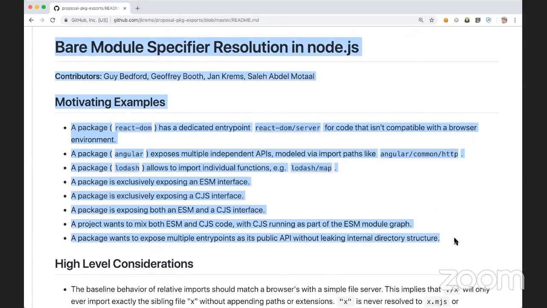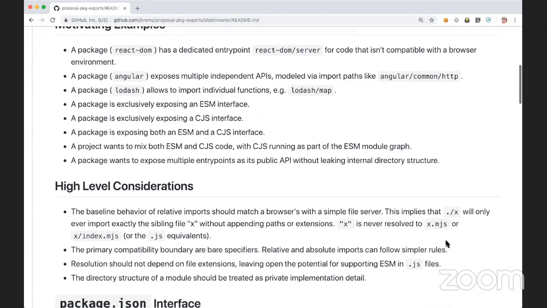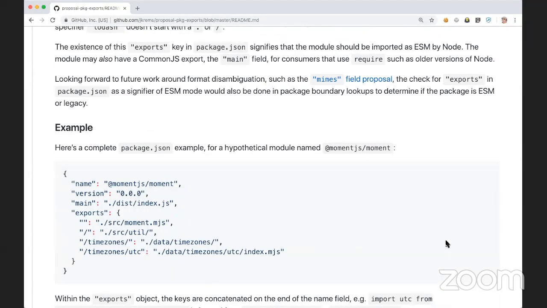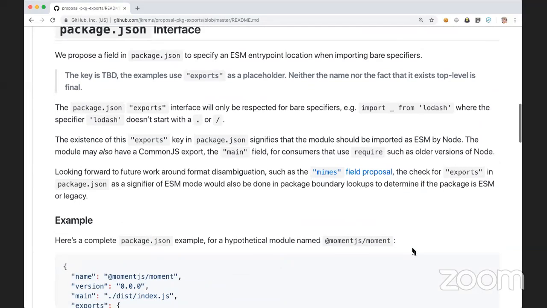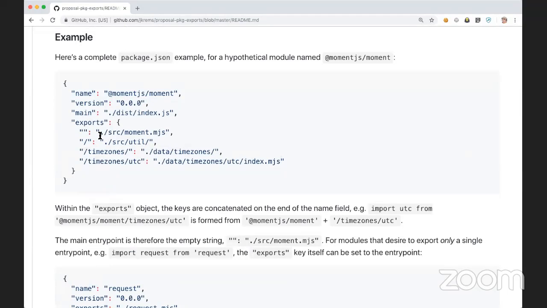So we got together and tried to brainstorm what the concerns are and also what a potential solution is. And we ended up with this proposal. It's a first draft of what a solution might look like. So we are looking for somebody to poke holes into it so that we can harden it over time. There are already some open issues on this repository, but the basic idea is not too surprising, I hope, for most people, which is there's a field, it maps imports.